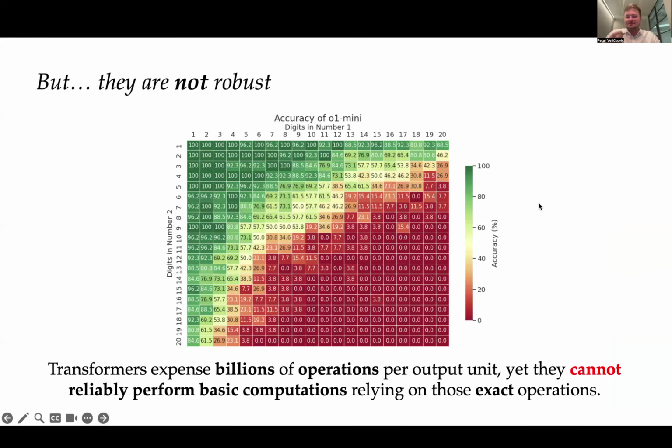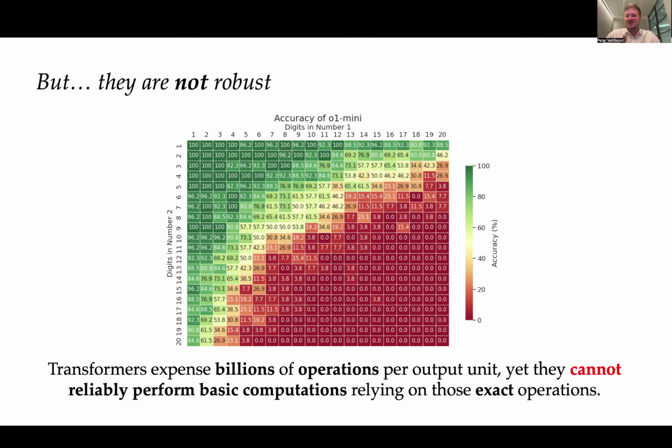However, at the same time, you ask them to do something not complicated research-wise at all, arguably something that they should be well-positioned to do. For example, you ask them to multiply two numbers, right? So LLMs, as you probably know, often have hundreds of billions of parameters, and those hundreds of billions of parameters are often spent on multiplications, right? So there's lots of multiplications happening inside this model. So it's well aligned with what the model is doing. Yet, even though they spend hundreds of billions of operations per single output unit,